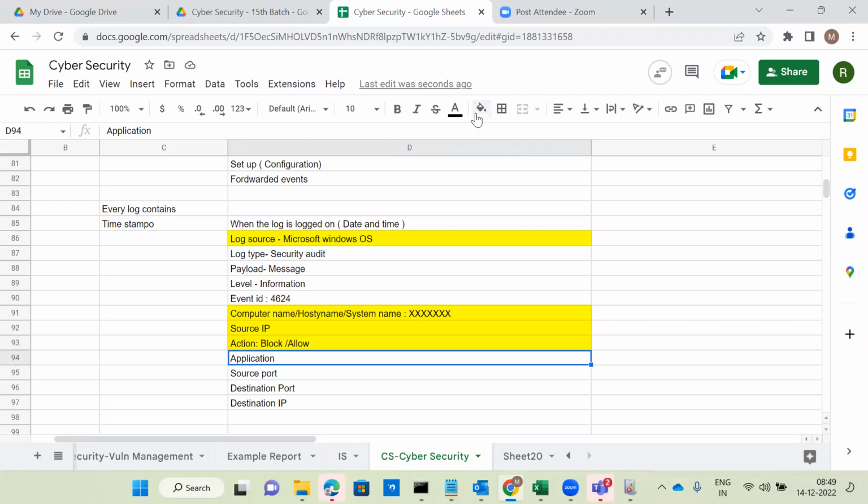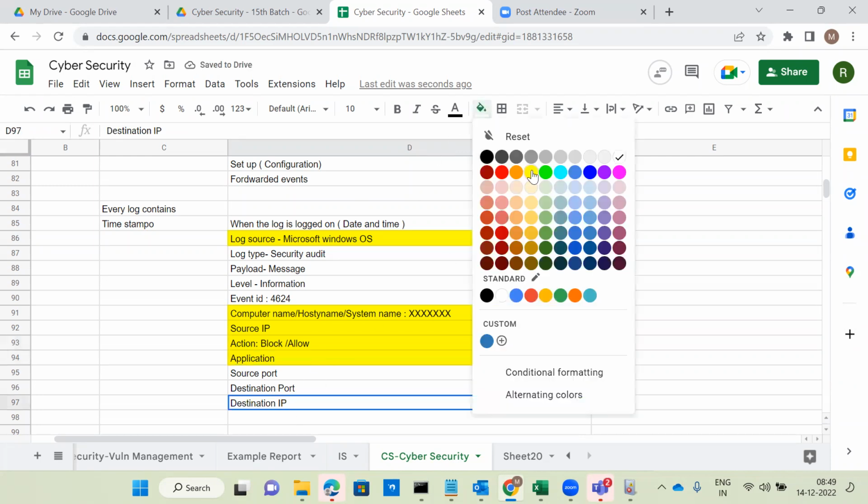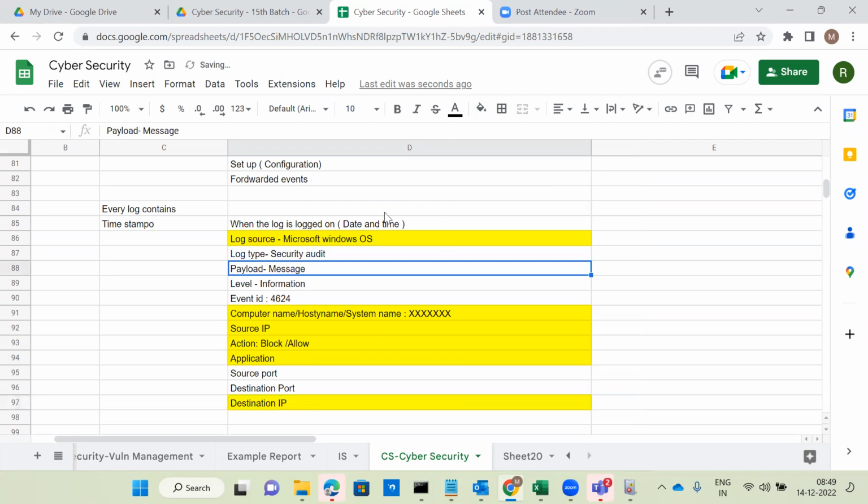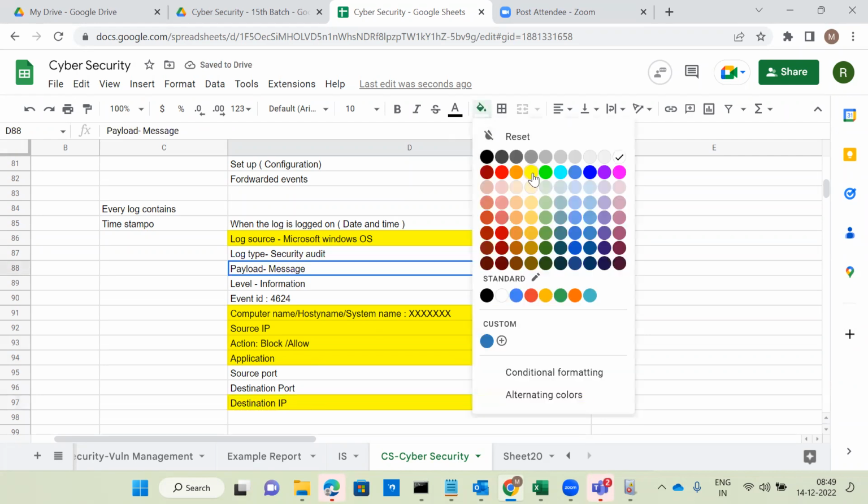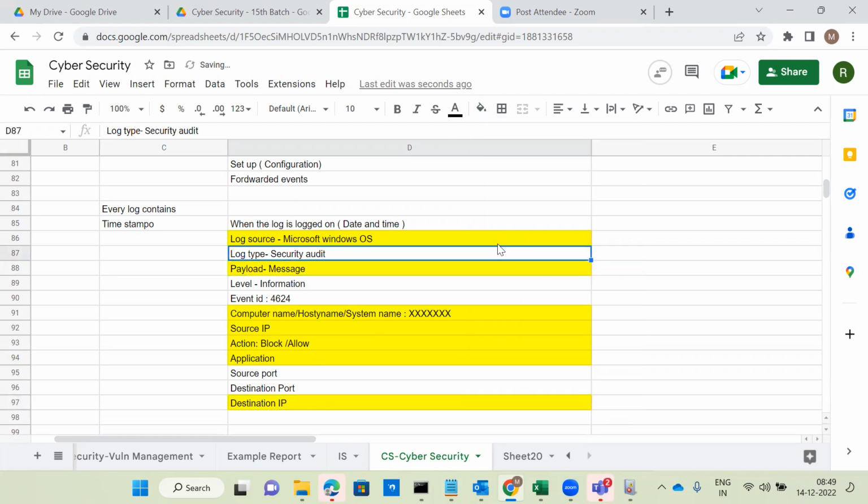From where to where that activity happened. If you're analyzing, this is more than sufficient, even payload also you can add. So this information you have to see when you're analyzing something. Even when the interviewer panel is sharing something and you go through this, that is more than sufficient.